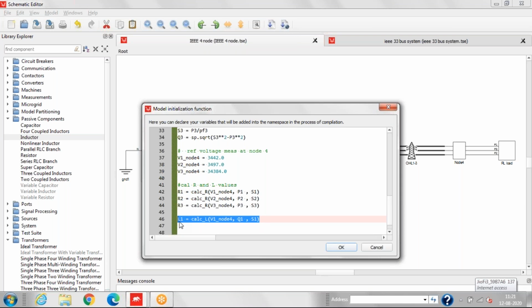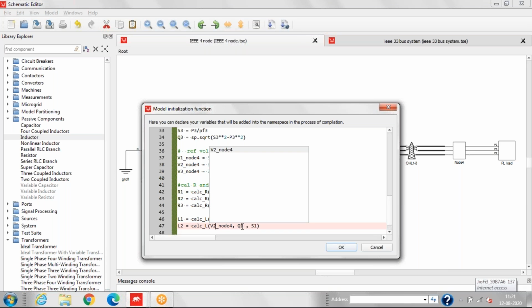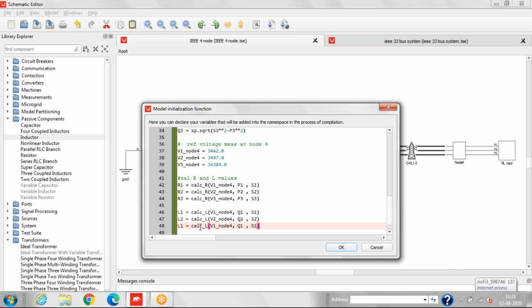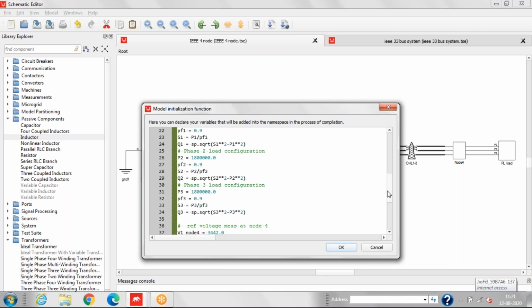Now we'll copy this and paste it below. So now we have done the load calculation. Now we'll save this setting.